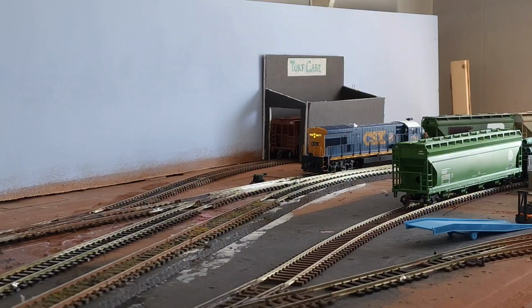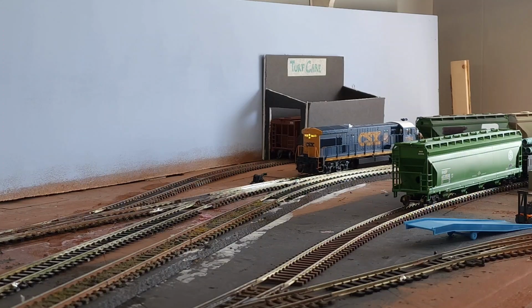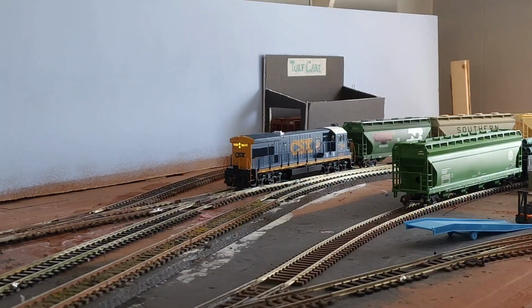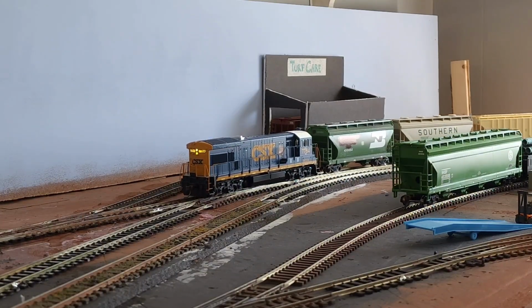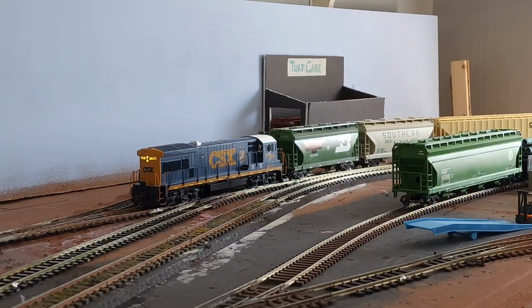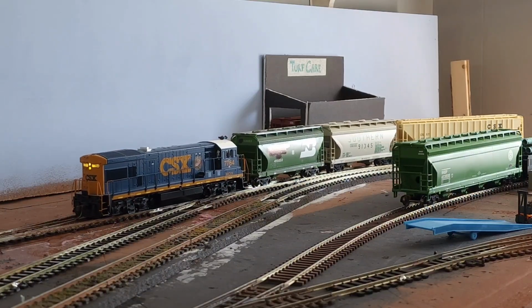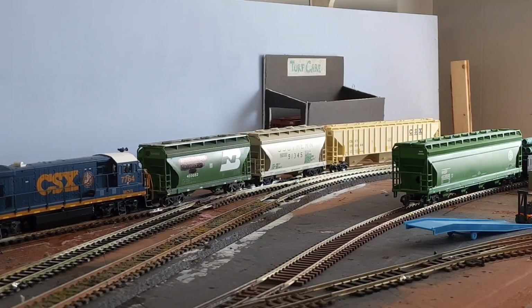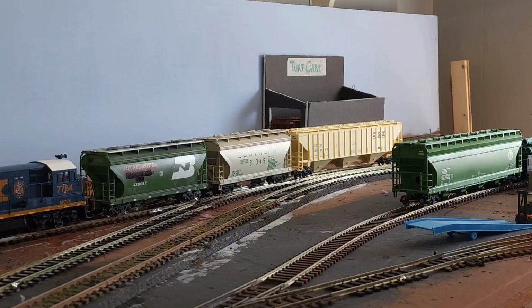Pretty much just because, I mean, this is going to be probably the last ops for a little while. I'm going to try and do a couple of other ones, but it depends on how much of the layout I can take down and build. Because like I said, I'm going to start dismantling it by the doorway, just because I need to do some sort of lift out or swing gate or lift up bridge, based on the new subdivision that I'm going to be building,